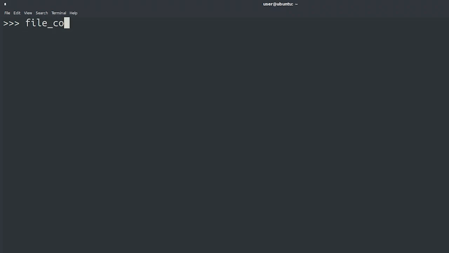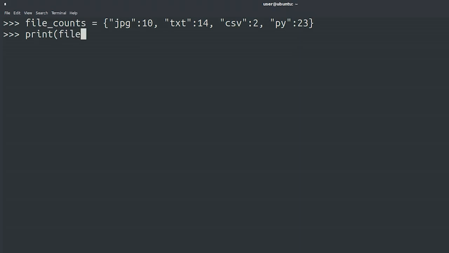We'll call it file_counts equals, and then open bracket, jpeg: 10, text: 14, csv: 2, and py: 23. Print file_counts. In this file_counts dictionary, we've stored keys that are strings, like jpeg, that point at integer